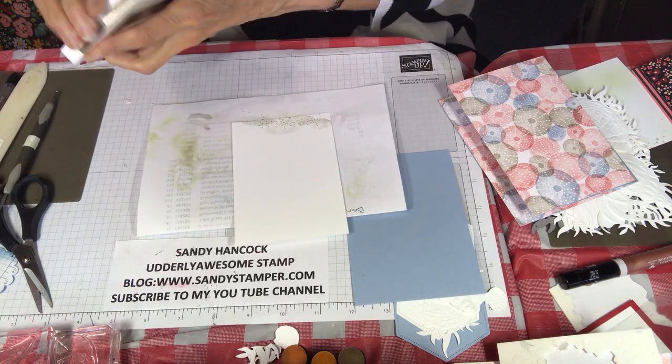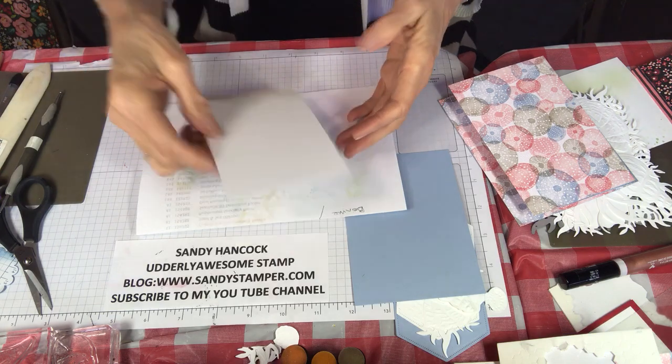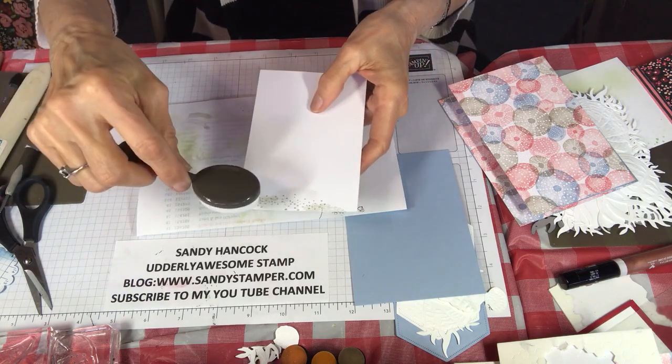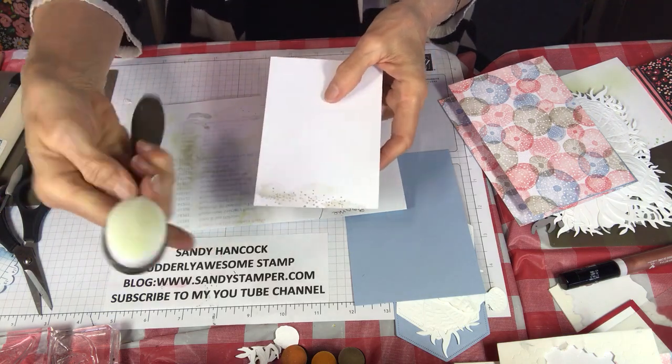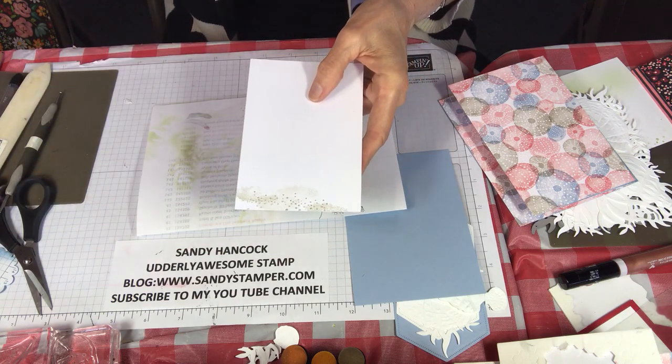If you don't have the High Tide set, then what I would suggest is that you just take a sponge, and this might be a good time to use one of these amazing little brushes and just sponge a little bit over the Friends Are Like Seashells. Okay,